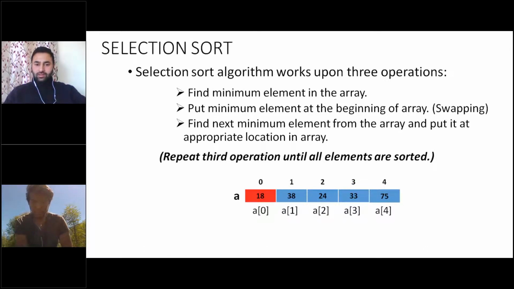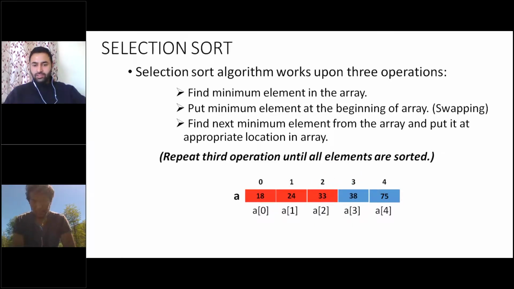And then the second time, see the third line, you have to find the next minimum element. Which is the next minimum element? 24. Okay, so now you have to swap this element with the first element, that is 38. This will go to this location and 38 will come to this location. Next minimum element is 33. Okay, see the minimum element and it will be swapped with the second location element like this.